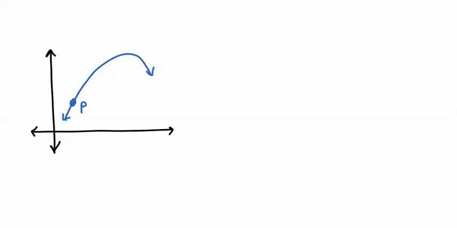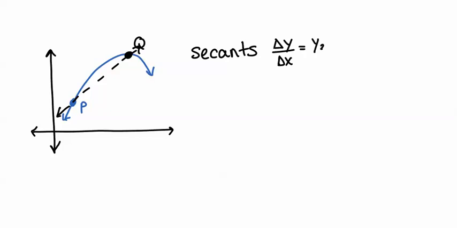So what we were talking about on Friday in class were these things called secants. That's where we take point P and then we pick another point on our line, point Q, and we draw a line between those two points. We could calculate the rate of change by doing rise over run, like y2 minus y1 over x2 minus x1. Whatever those points are, we would just subtract their y values and then divide by the difference between their x values. And then we should find, as you move point Q closer and closer and closer to point